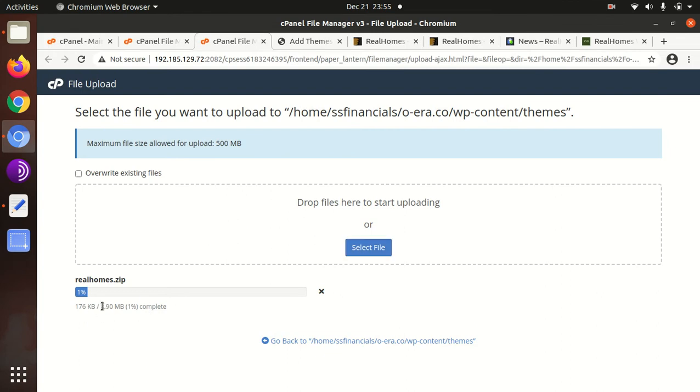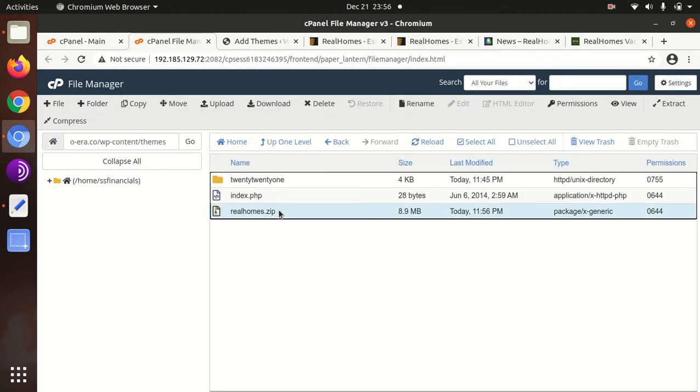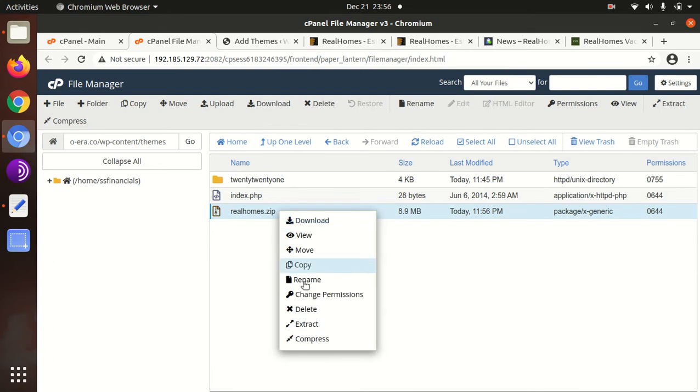So the theme has a very minimum size, so it is a lightweight theme, you can say. It is just 8.90 MB in size. It will get uploaded within a minute. Once it gets uploaded, we need to extract the realhomes.zip file,